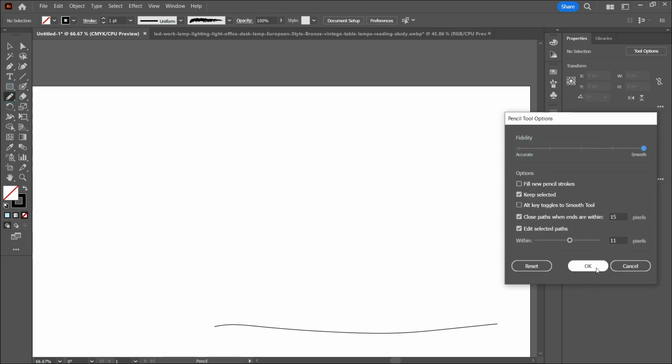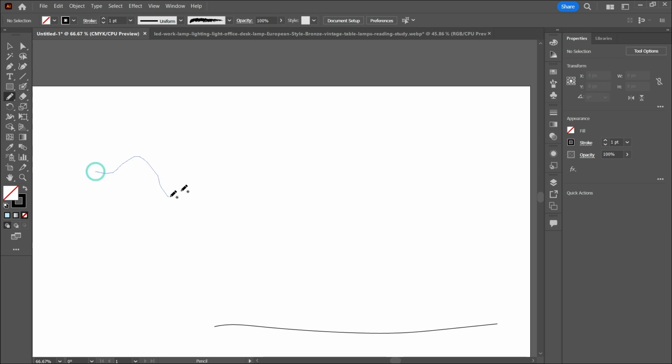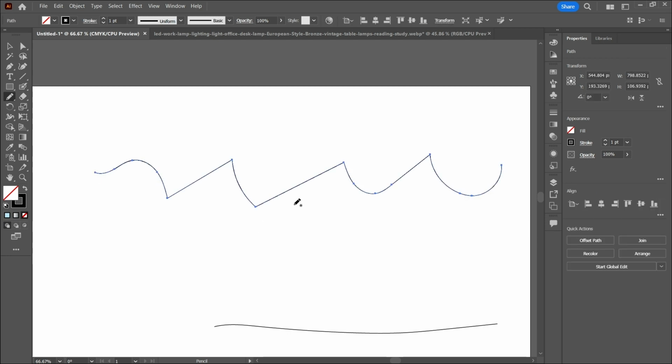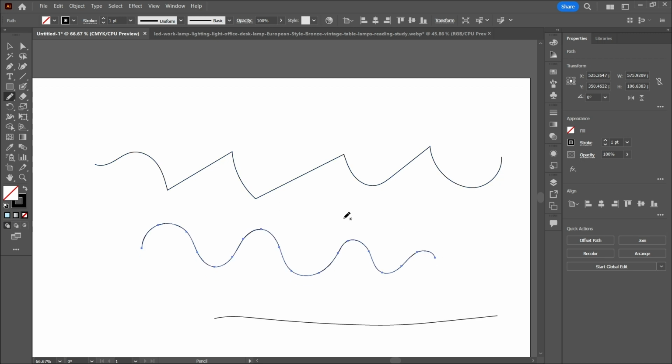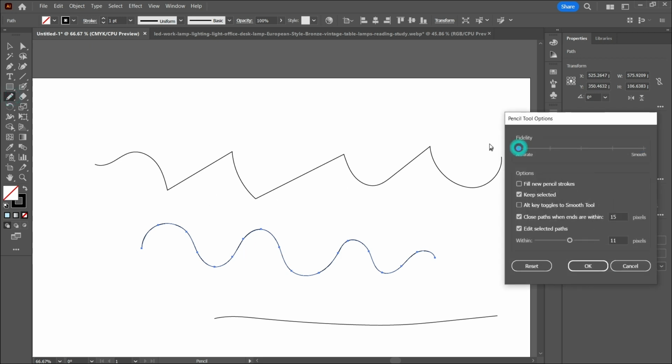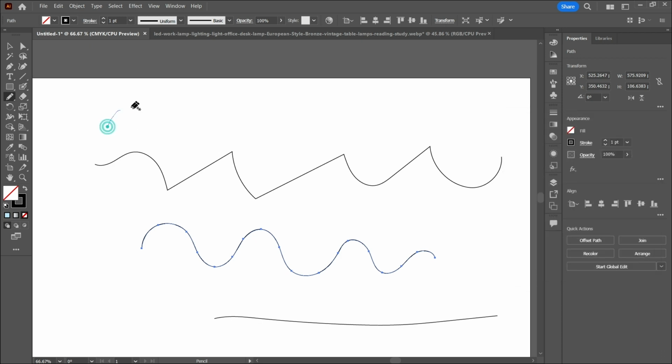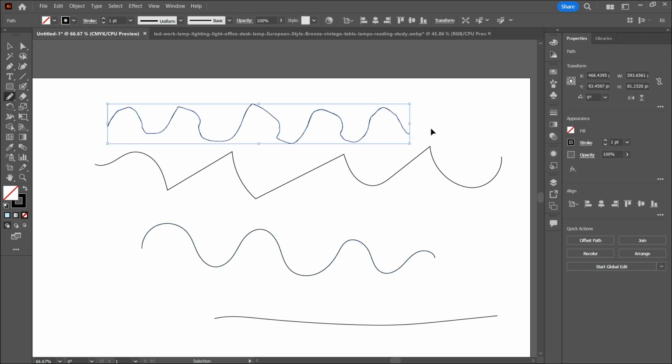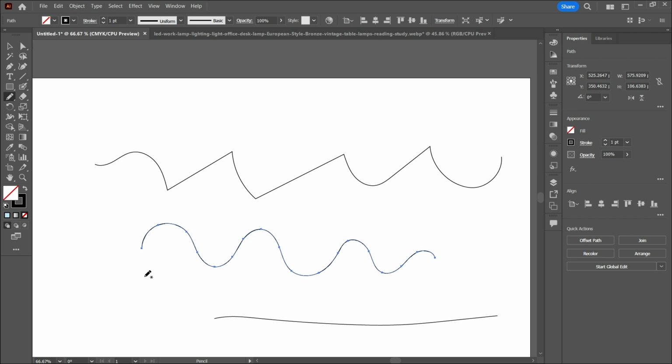Let's first create a very smooth line with the pen tool, okay? There you go. Over here, you can see that with extreme fidelity, we have very smooth curves using our pen tool. But let's say we put the fidelity to absolutely accurate. Now, if I use a curved line, all right, let me just do this